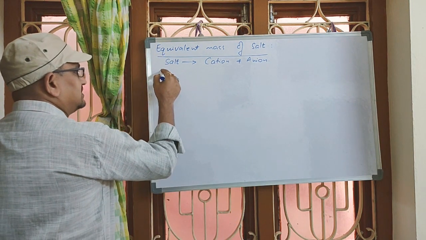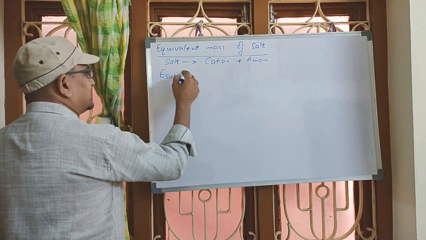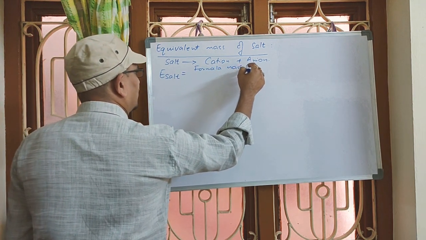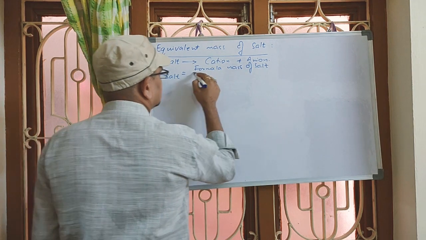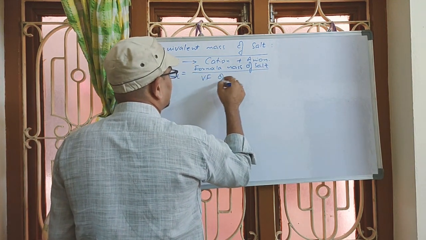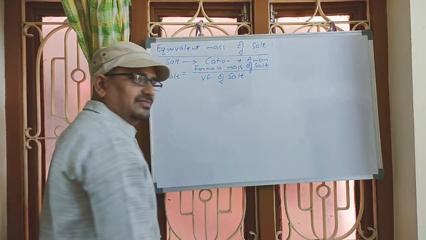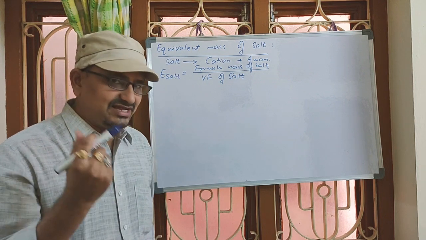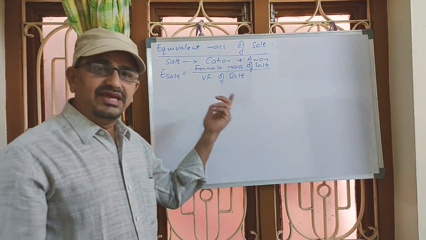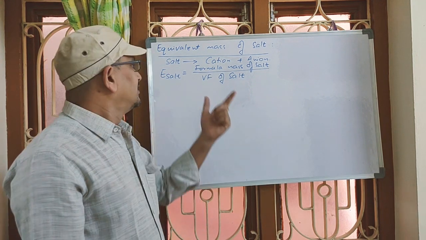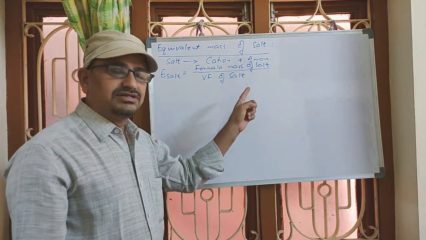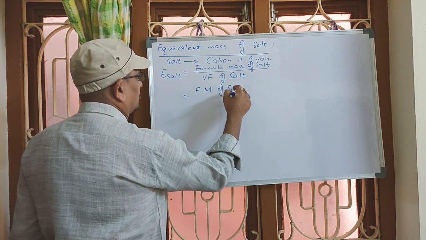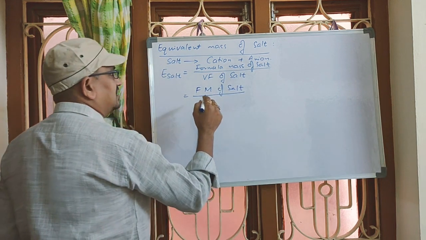Now, in a usual manner, equivalent mass of salt can be calculated as formula mass of salt over valency factor of salt. In the previous classes, we studied valency factor for an acid as the number of replaceable hydrogens. Next, valency factor of a base, number of replaceable OH groups. Now here, valency factor of a salt is nothing but